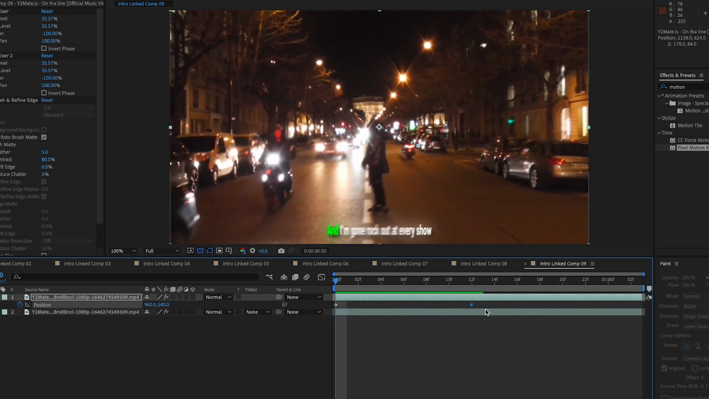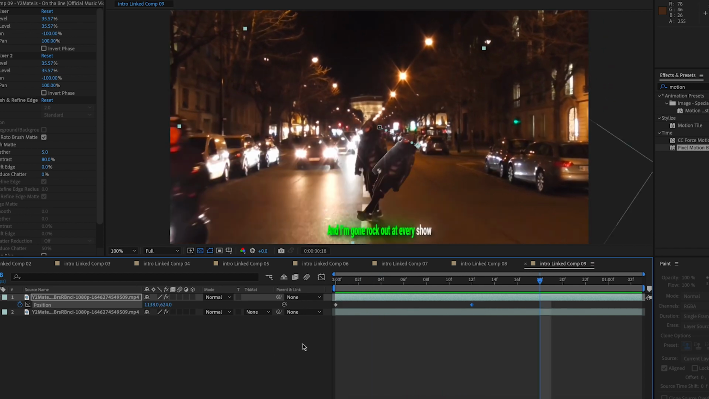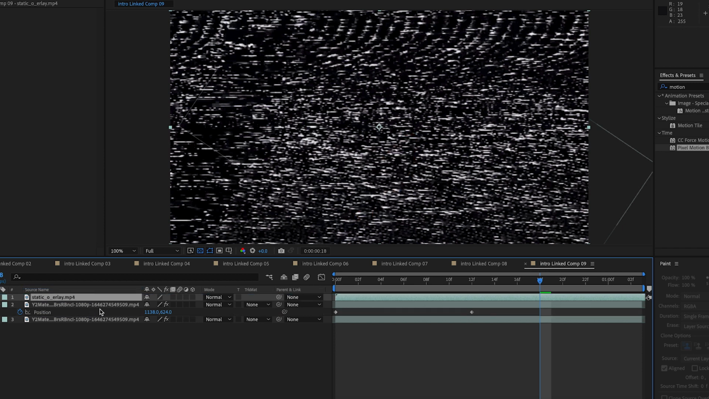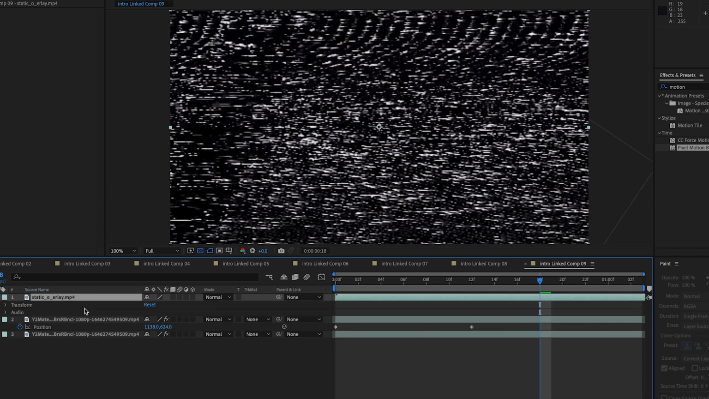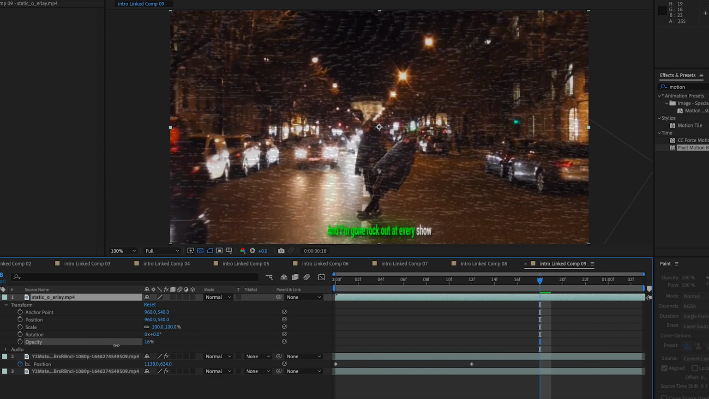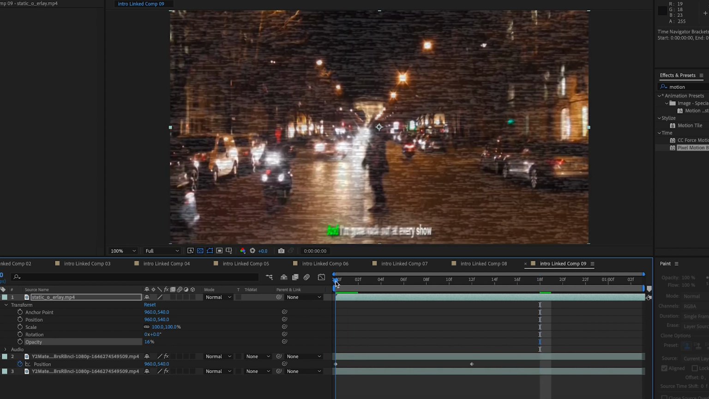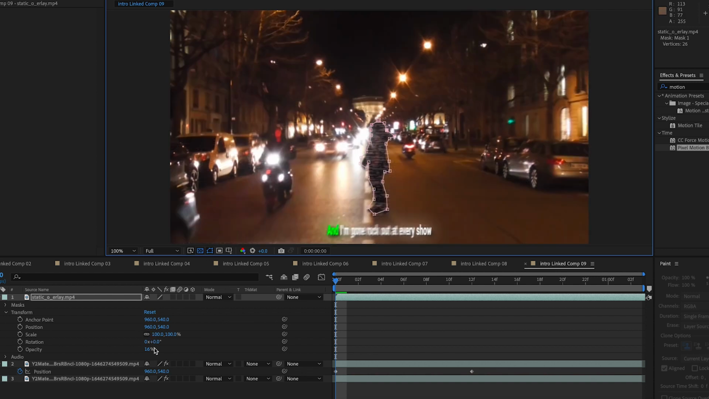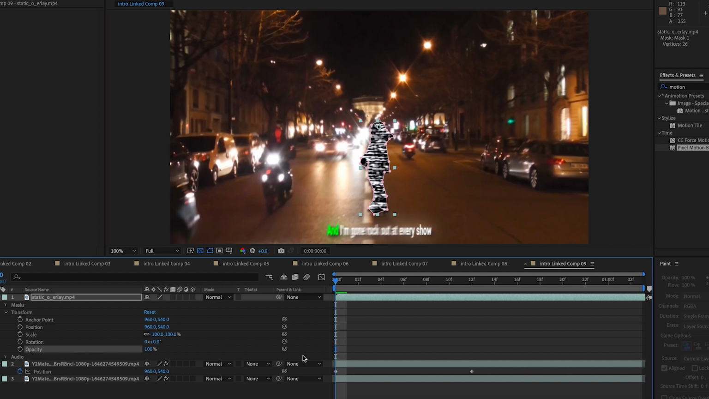So next thing we're gonna do is bring in our static overlay. Once we have our static overlay here, we're gonna move it to the top, and then turn down the opacity a little bit so we can create a mask. Go to the beginning. We're just gonna create a quick mask here around the person, like that. We're gonna bring up the opacity again to 100. We're gonna move it